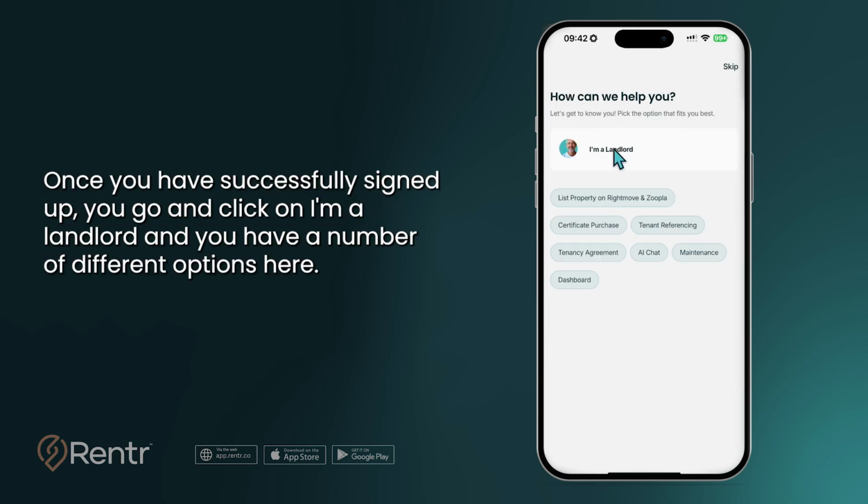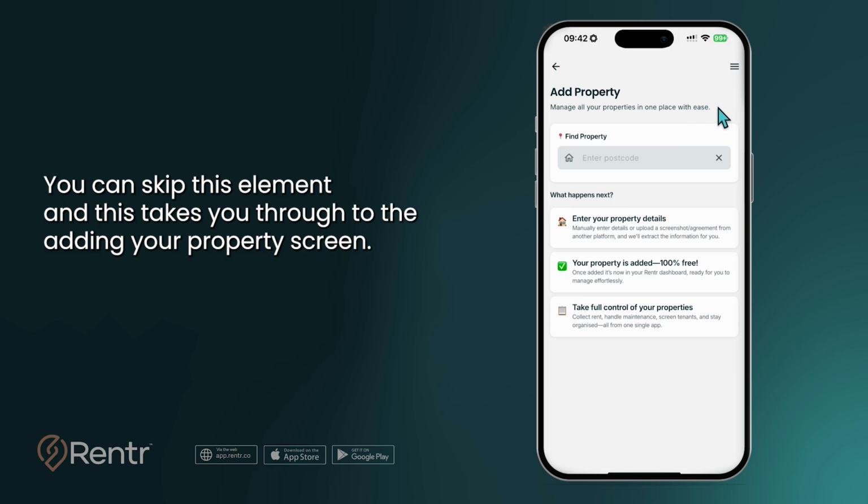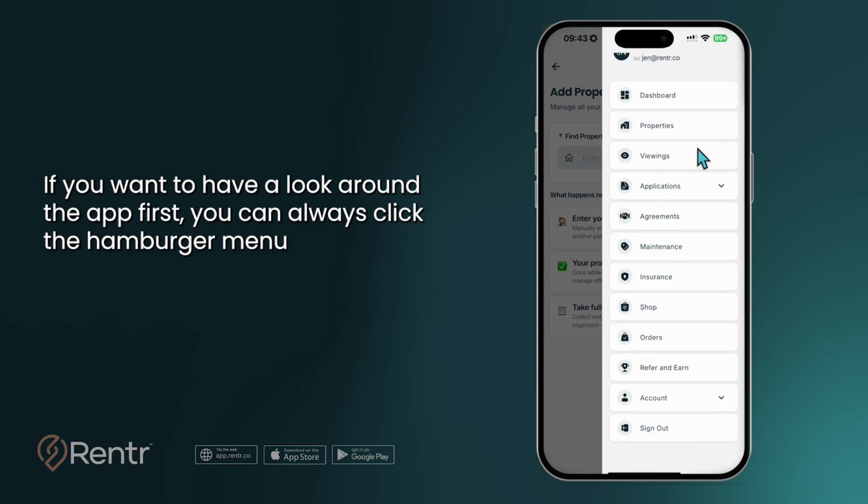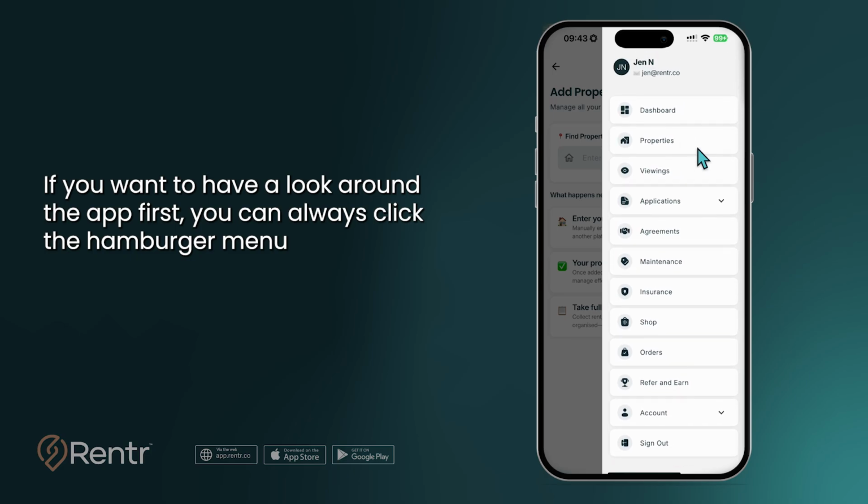Once you have successfully signed up, you go and click on I'm a landlord, and you have a number of different options here. You can skip this element, and this takes you through to the adding your property screen. If you want to have a look around the app first, you can always click the hamburger menu and then